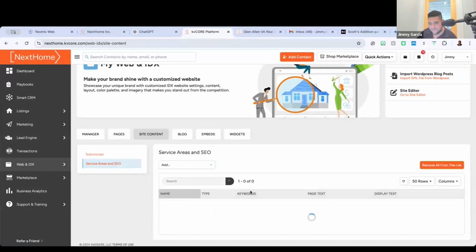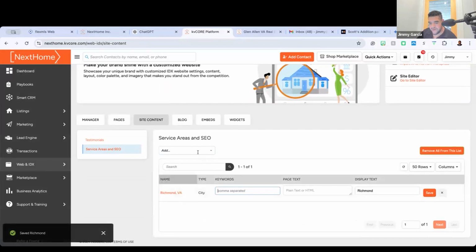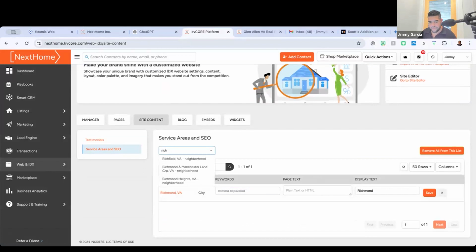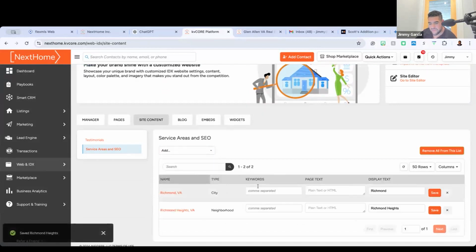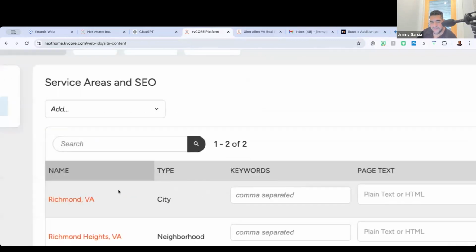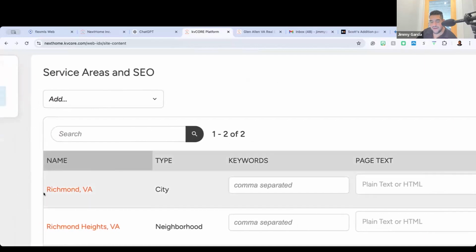Okay, Richmond VA. And I could do Manchester or Richmond Heights. Now, when I go into my keywords, this is where my knowledge of the city is going to come into play. I don't want just homes for sale. I want homes for sale in, let's say, Arts District.